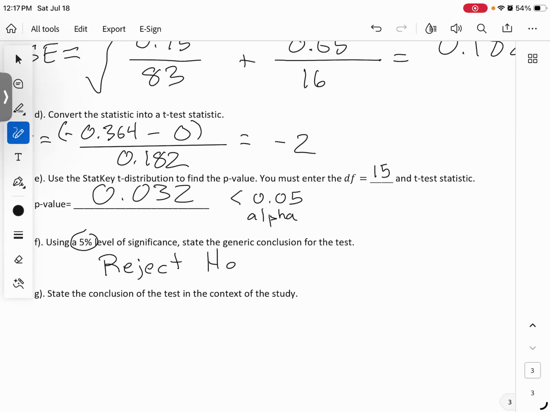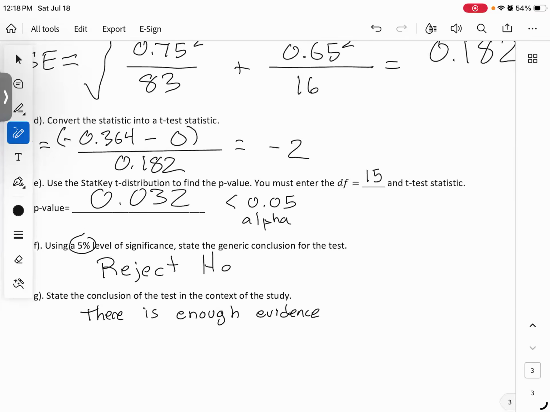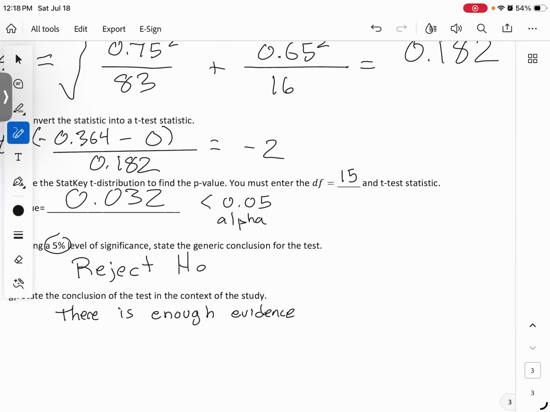So we can reject the null hypothesis and say that there is enough evidence. I've also sometimes seen students put there is sufficient evidence, but you have to have something to start off whether there is or there is not enough evidence to suggest or to support the alternative, which in this one was that